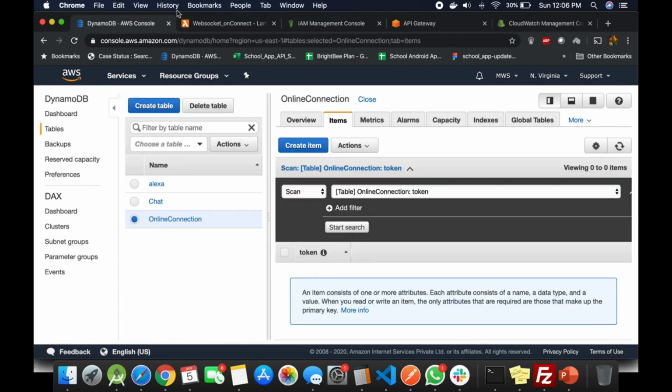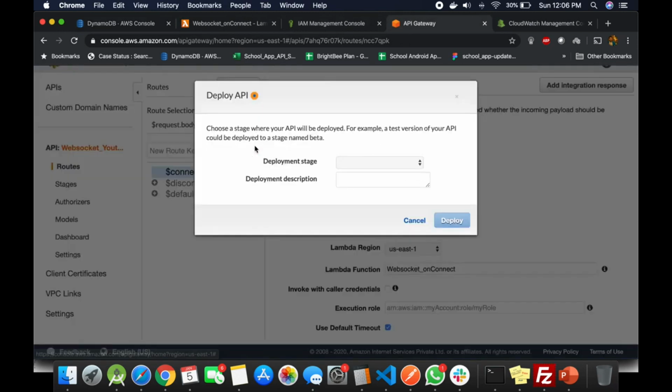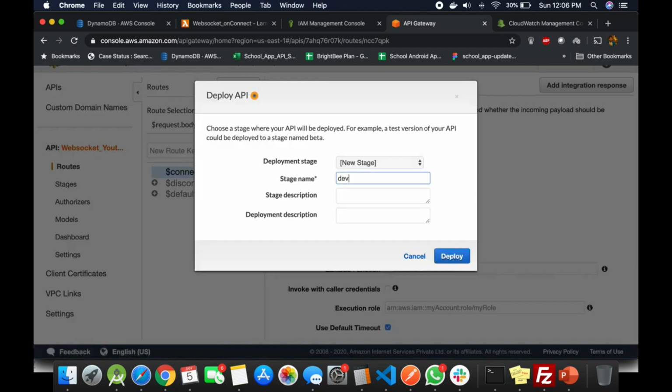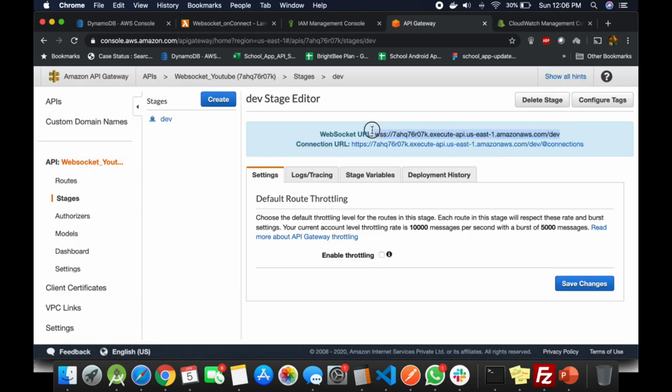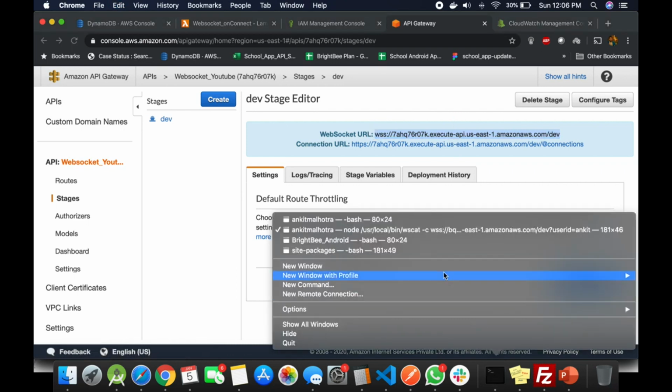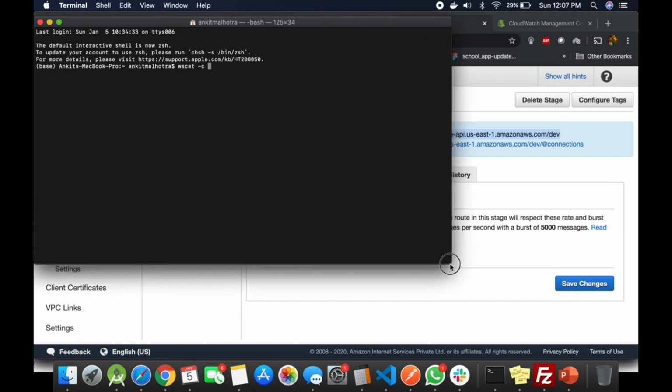So let's test it. So for testing it, we need to go to API gateway. This is done. Now we need to deploy this API. We have to define a new stage, dev, then deploy, and now we'll get a WebSocket URL from AWS. We have to use this for the connection. So we will open the terminal. I am using WSCat for connecting. You can use any other WebSocket client. So WSCat you can install using npm. So user ID is equal to Ankit,